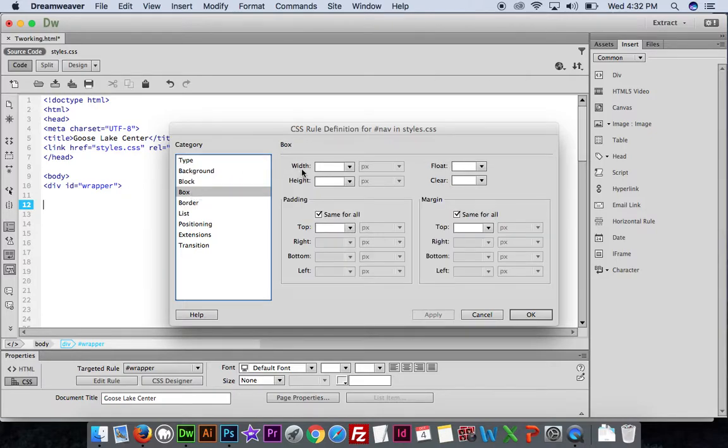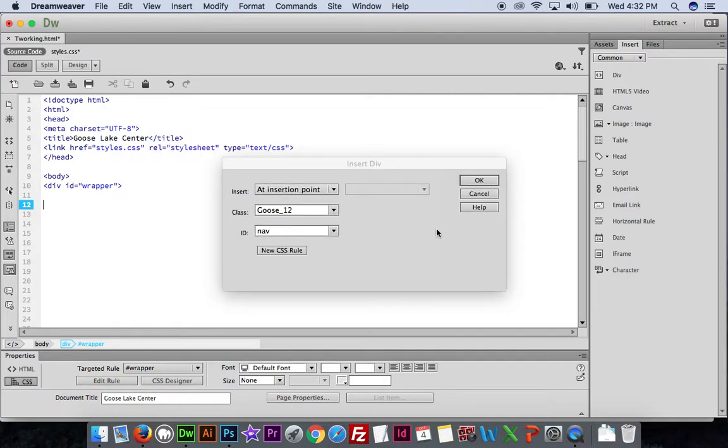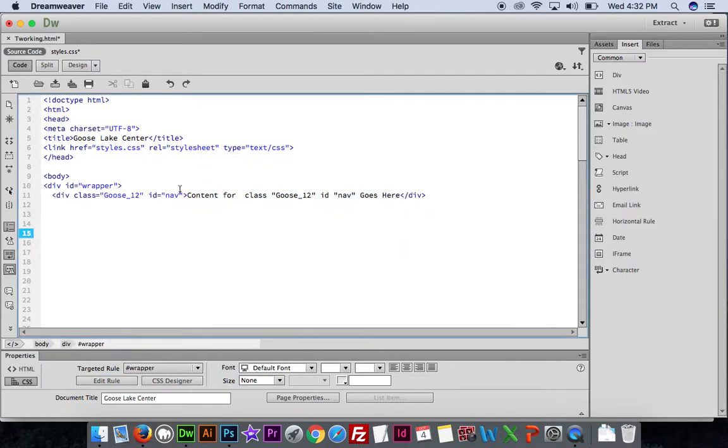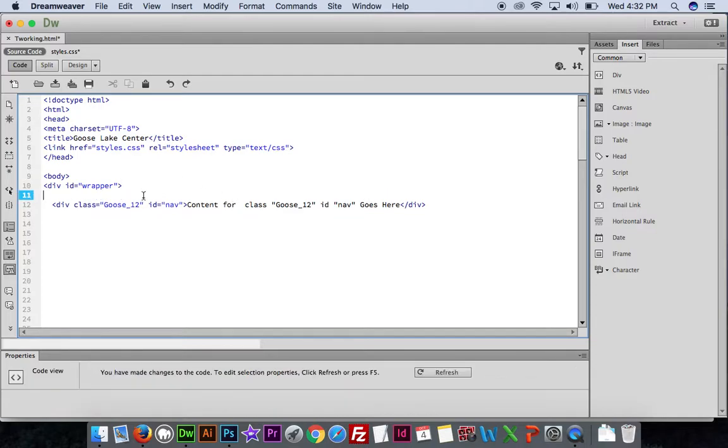You would think that we'd have to put at least the width in, but we don't, because the class Goose 12 is going to make it 100%. And our nav bar is going to be pushed down by our button, so we don't need a height. So guess what? We don't have to do anything there. So the first time it writes the CSS, second time it writes the HTML. So now we have our wrapper div, and inside the wrapper we have an ID called nav,